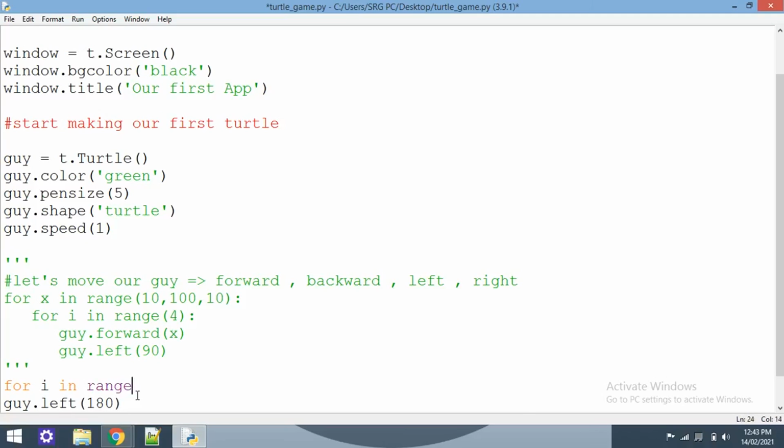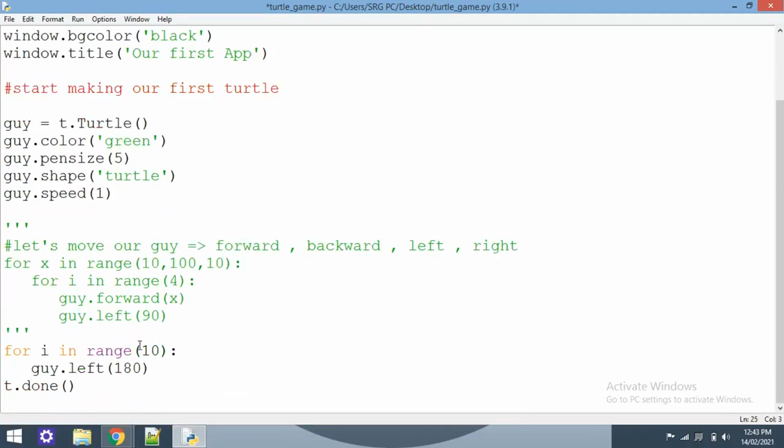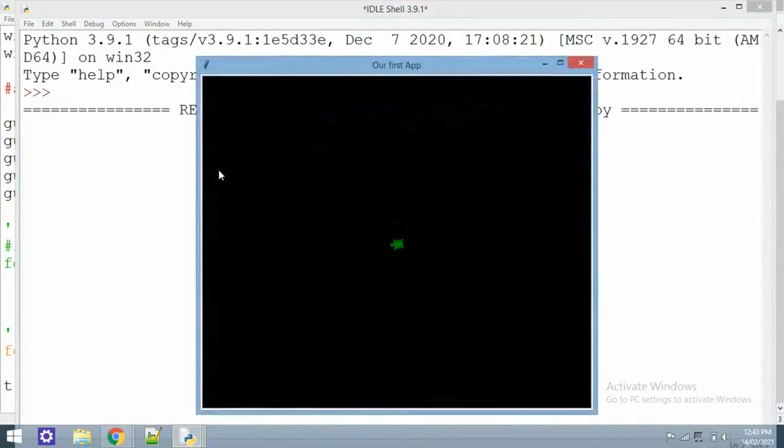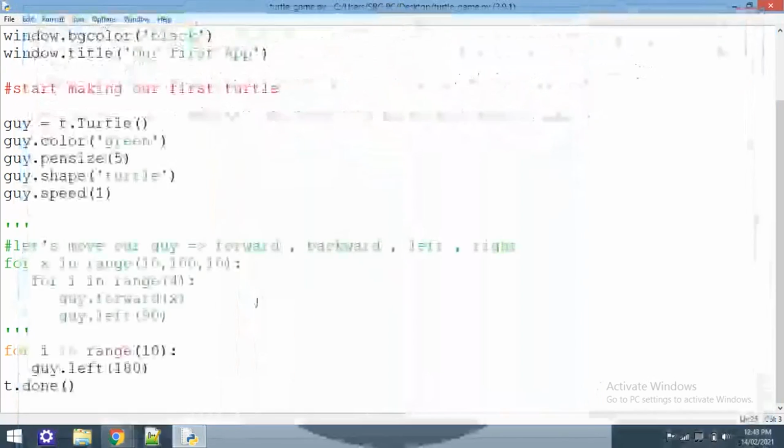Let's see what happened because I don't know what it will show. Okay, let's save it, run it. We can clearly see our turtle is rotating at the same axis again and again and again. So that's it.